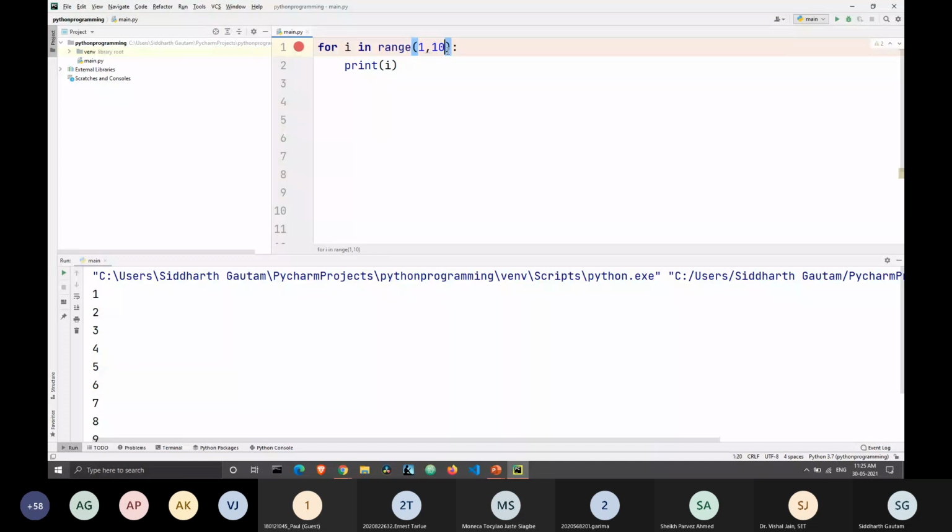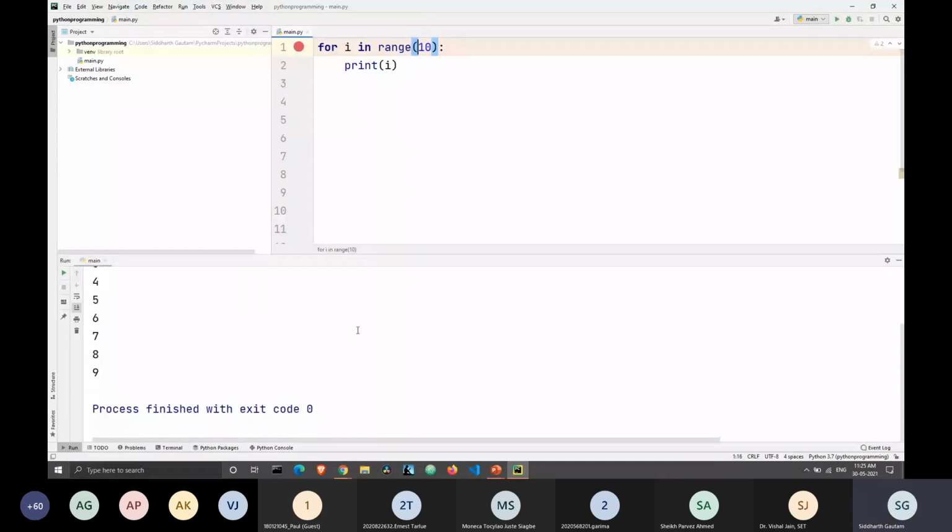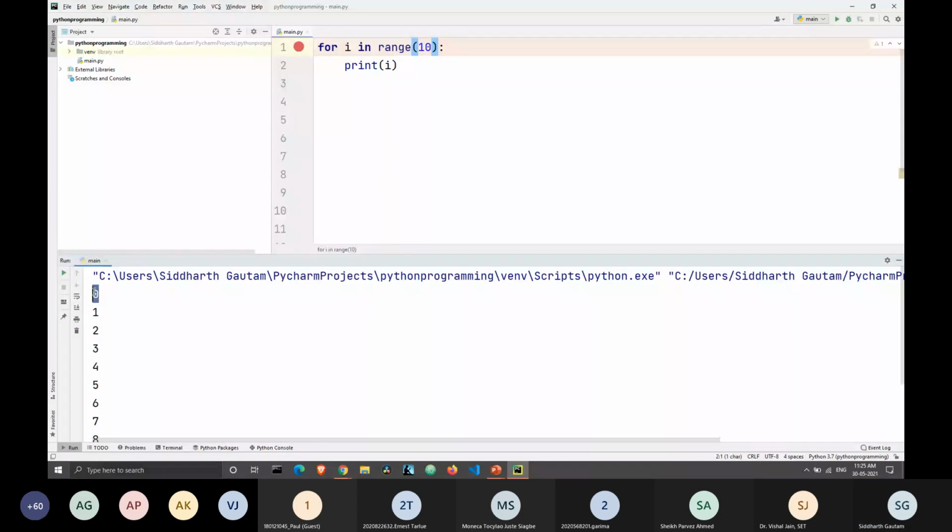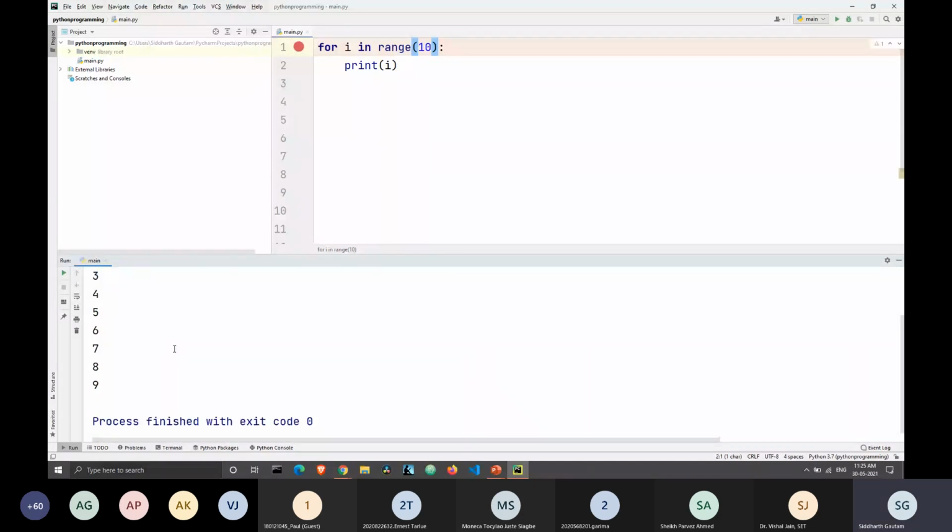If you are just going to find a range, you don't have to add 1. That will start from 0 to 9. But the condition is that we don't want to start from 0. For example, if I remove this one and then execute, the list will start from 0. All right, so we start from 1 instead of from 0.